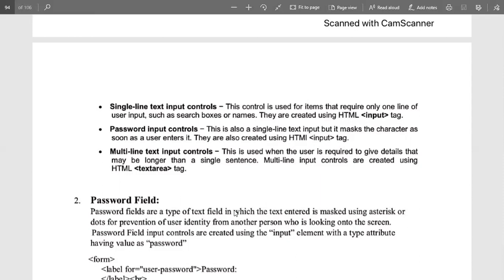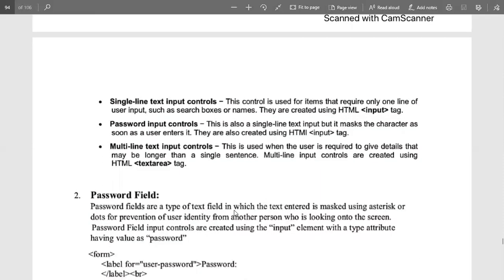Whenever you want to insert a password, it masks the characters, meaning it encodes the characters that you are inserting from the keyboard. That is done with the help of the password input control. Again, the input tag is used, and the type varies.